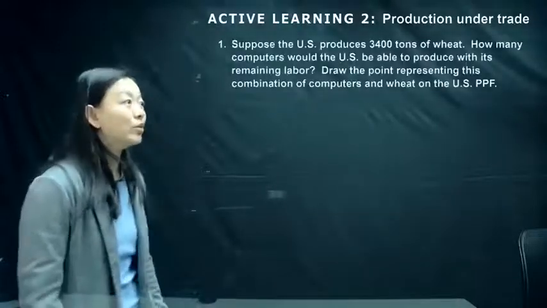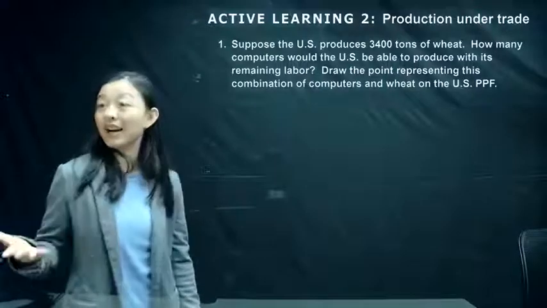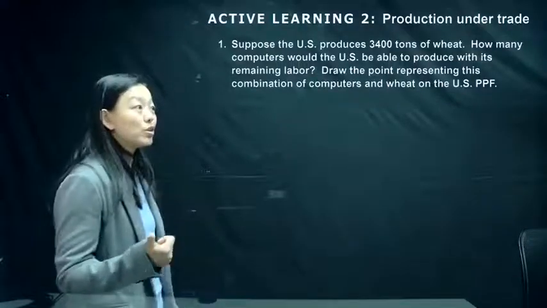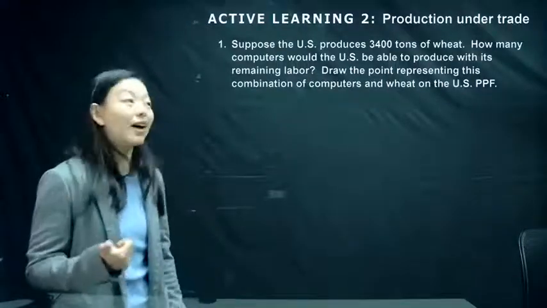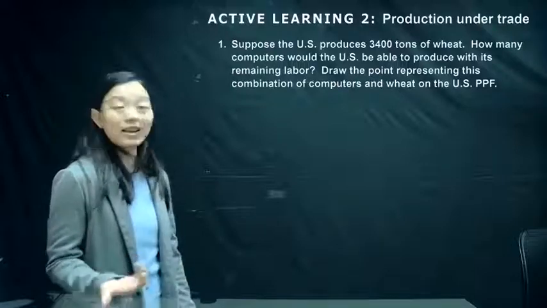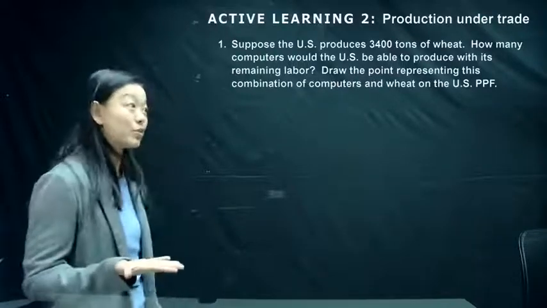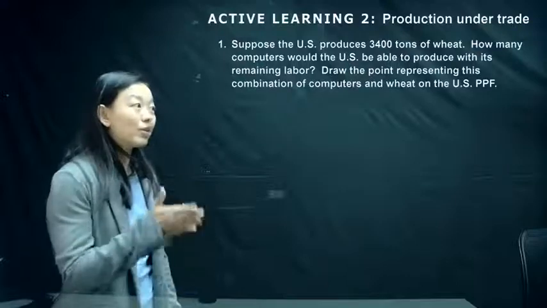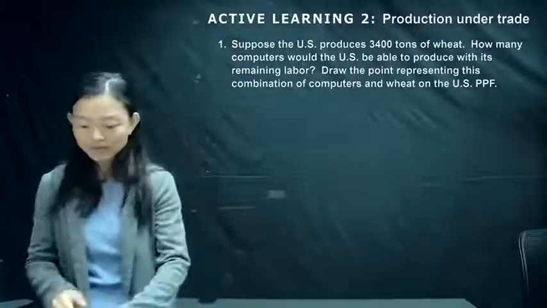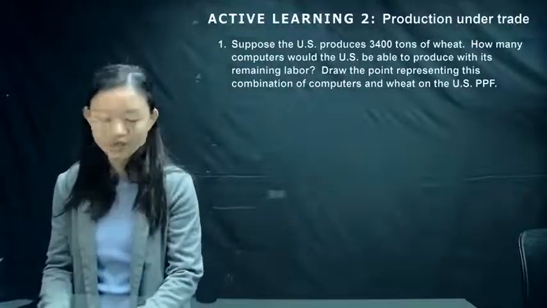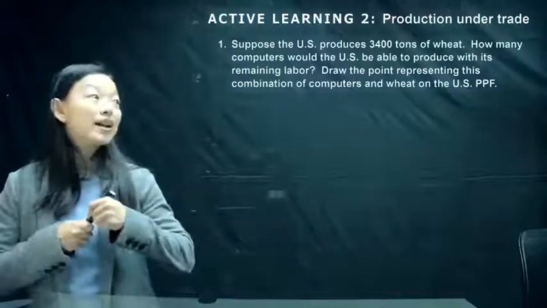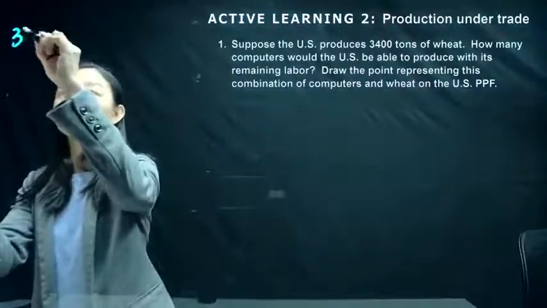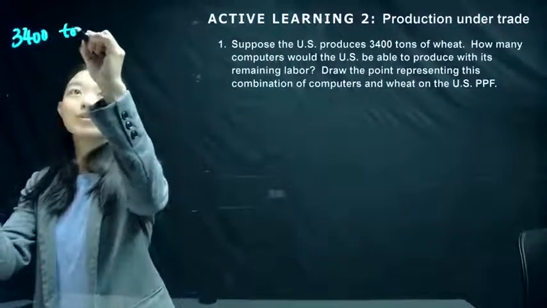We would like to say now, US, if trade allows, will produce 3,400 tons of the wheat. And then how many computers that US can produce? Draw this point on the PPF. So let's look at how to solve this question. If US choose to produce 3,400 tons of the wheat,